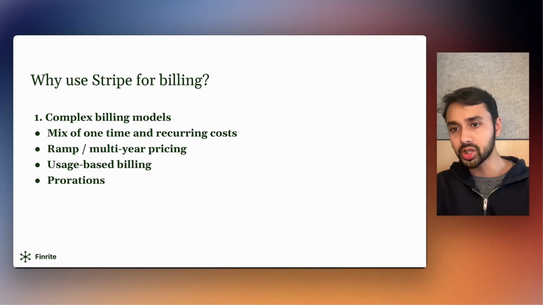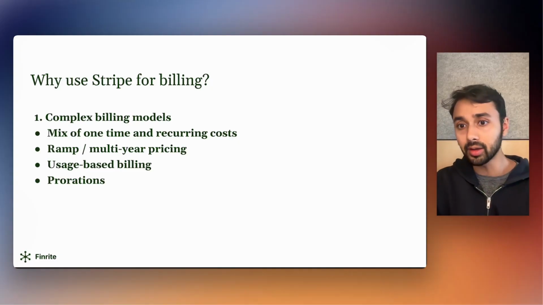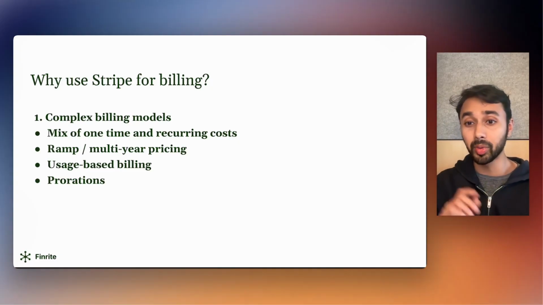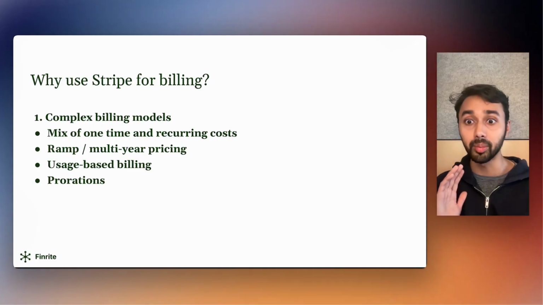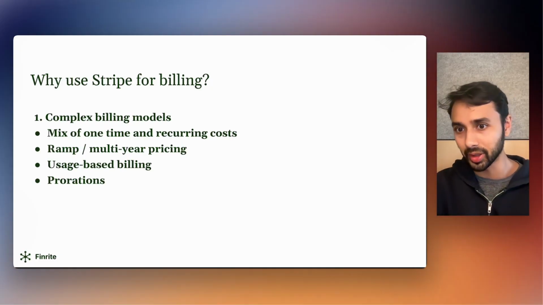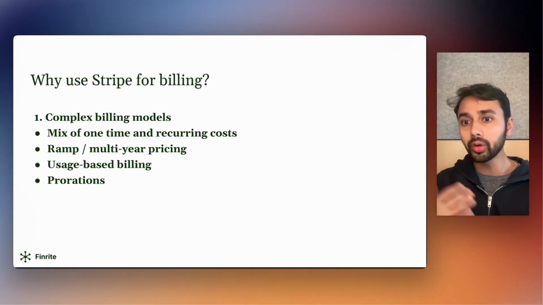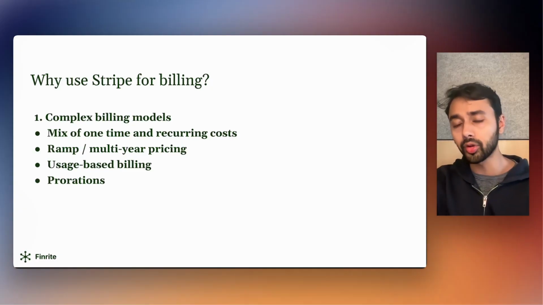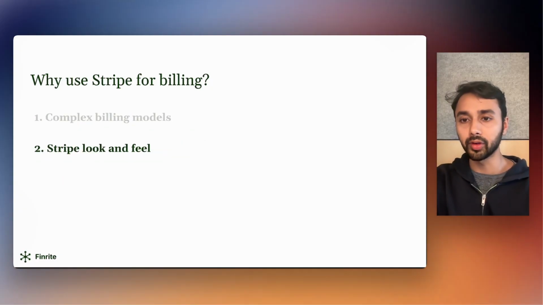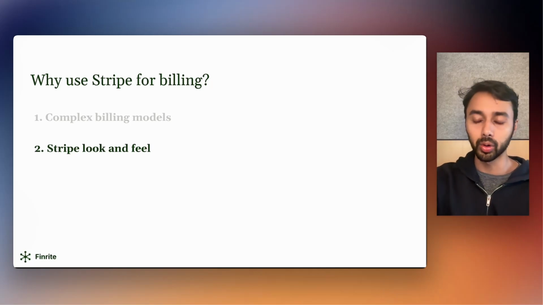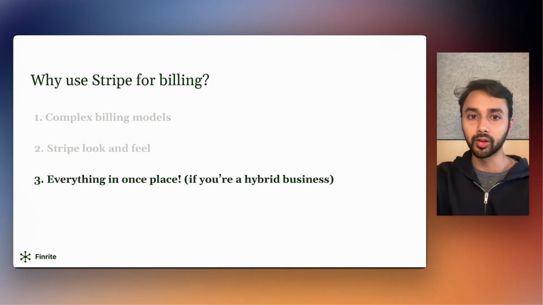And if you have proration, so you have a seat or a subscription that should be billed at half the price if it's canceled, say midway through the cycle, not something that HubSpot handles well. So the more your billing complexity, the better off you might be with Stripe depending on the specifics. Secondly, Stripe's look and feel can be a lot more preferable and polished for things like invoices and checkouts that are customer facing. Many businesses we work with prefer Stripe to handle those aspects of the experience.